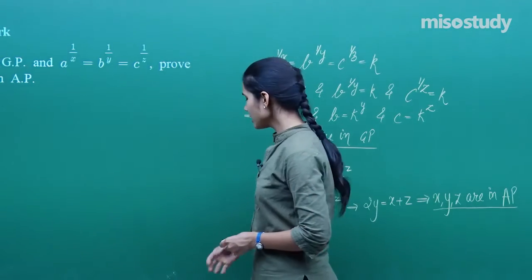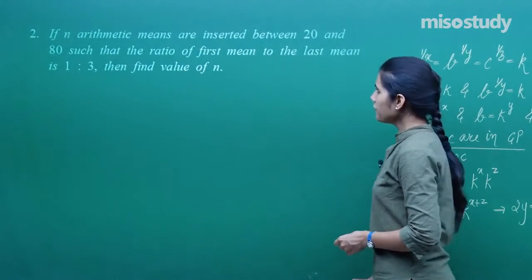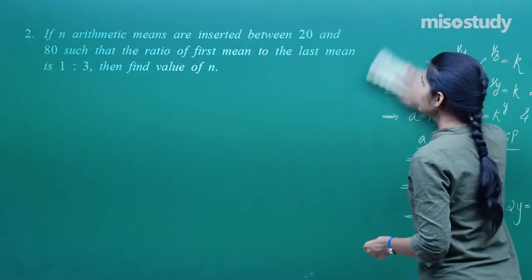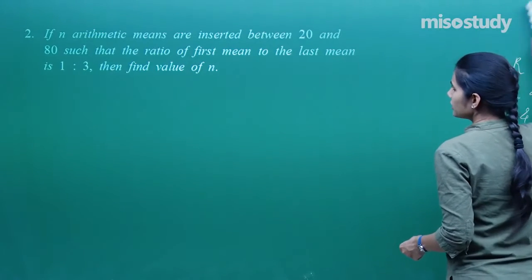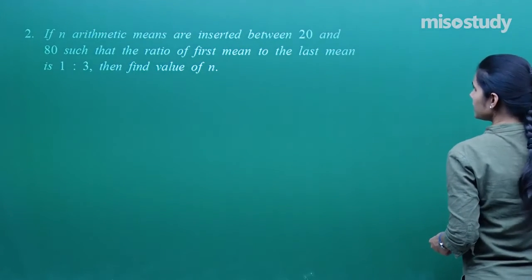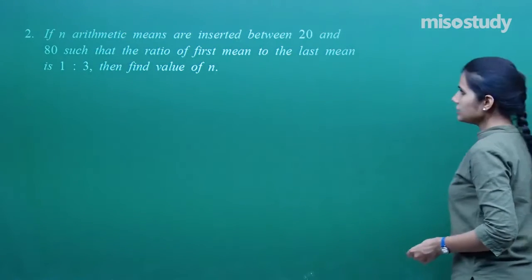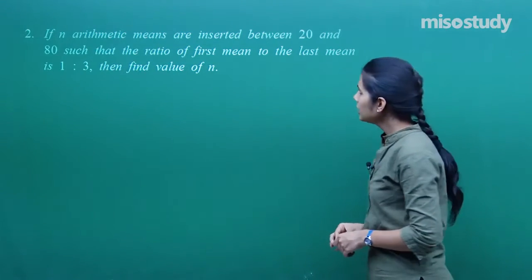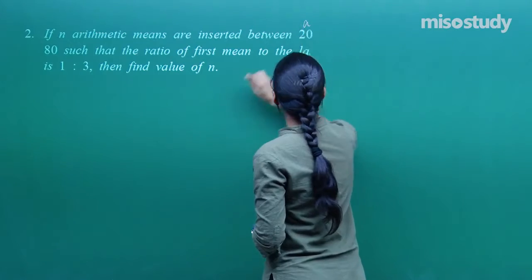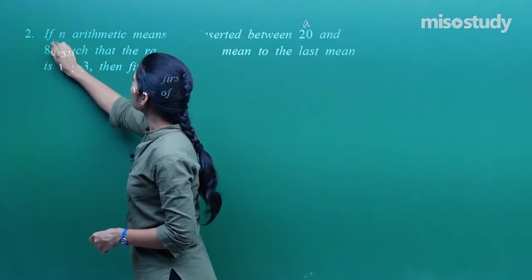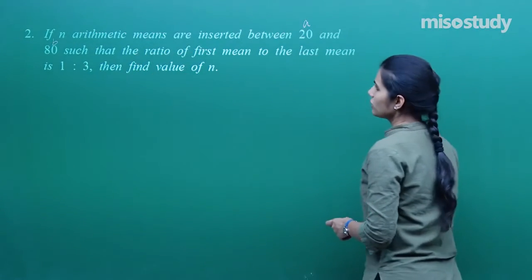Clear? Moving to the next question we have, if n arithmetic means are inserted between 20 and 80 such that the ratio of first mean to the last mean is 1:3, then find the value of n. Now I am taking this 20 as A and 80 as the quantity B. In this situation,